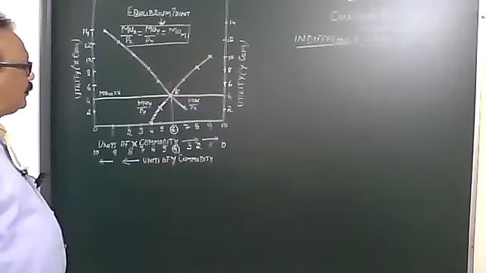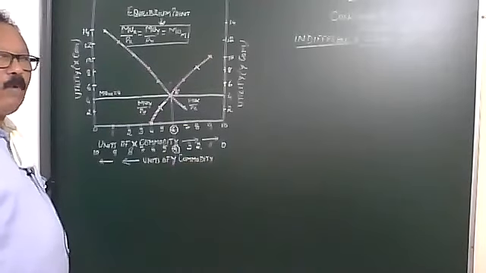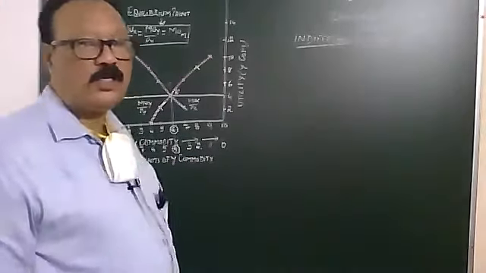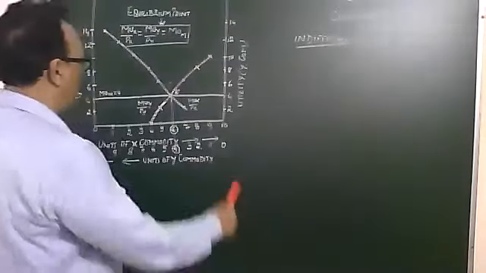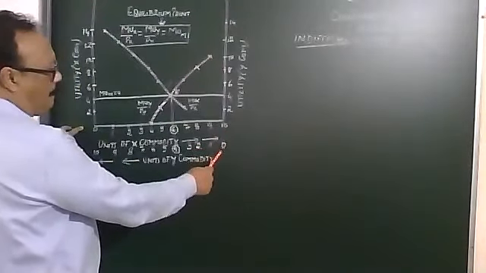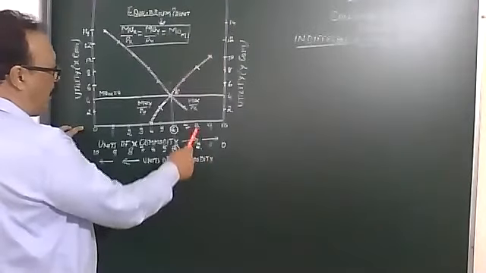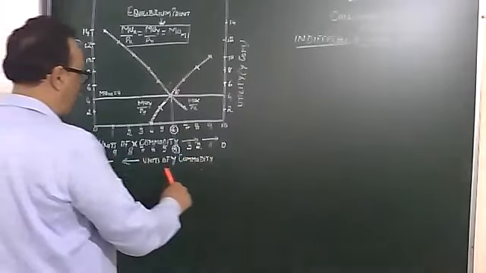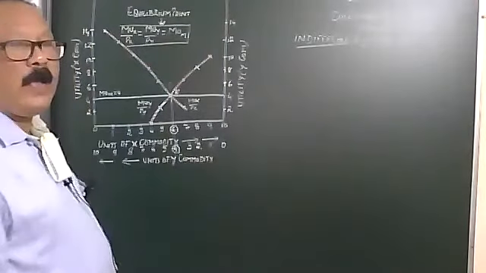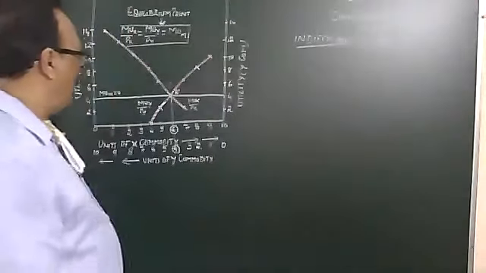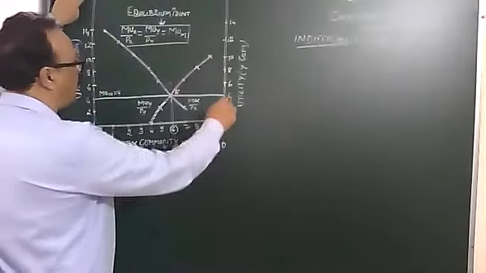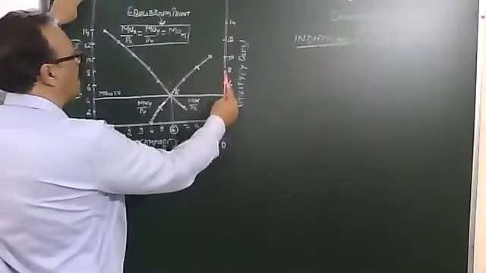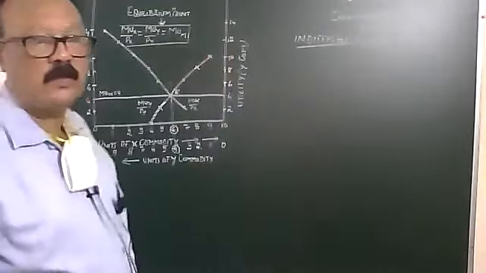Then likewise, like I said, we are drawing both the x and the y commodities in one. So we have what you call a mirror image of the same. 10 here becomes 0, 9 becomes 1, 8 becomes 2, 7 becomes 3, 4, 5, 6, 7, 8, 9, 10. And these will be showing the units of the y commodity. On the other side, because this is y, we will call this y as y1 or y dash. And 2, 4, 6, 8, 10, 12 and 14 are the measurements.